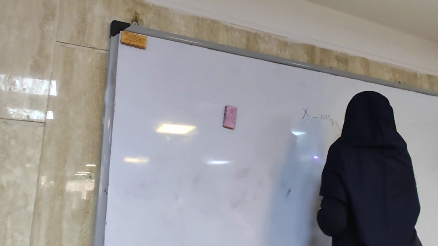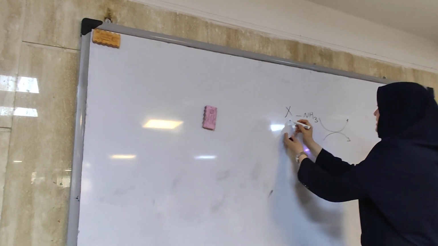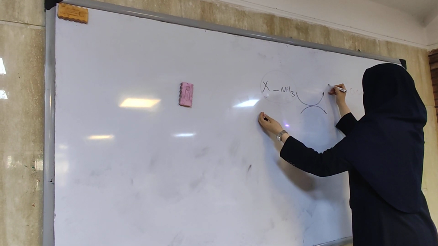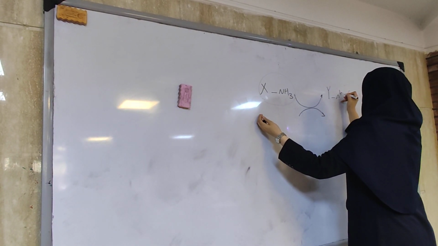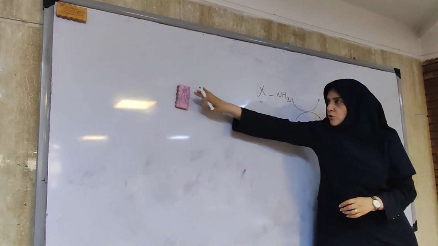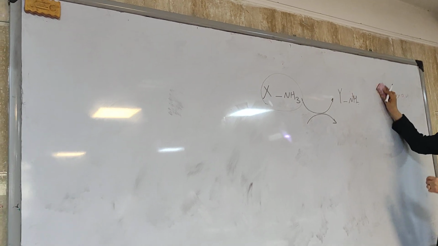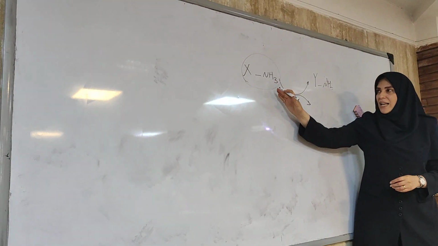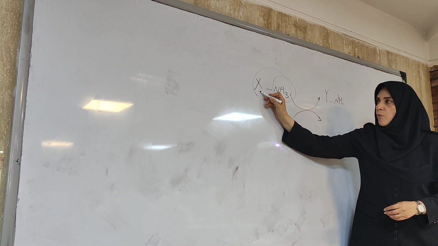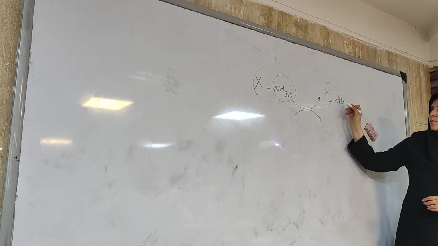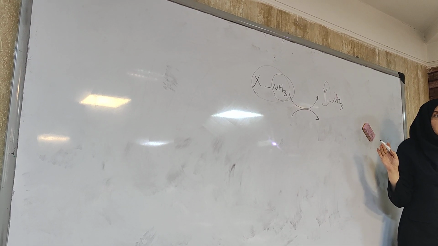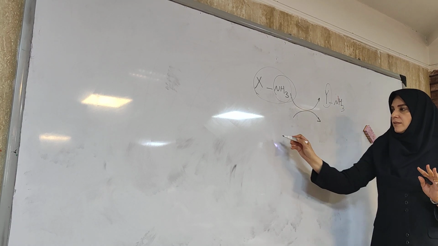In transamination, this amino acid donates its amine to another compound. I want to show in a simple way the difference between them. In transamination, we have a transfer of an amine group from one compound to another compound. As you can see here, the ammonia is not free. But when we say deamination,